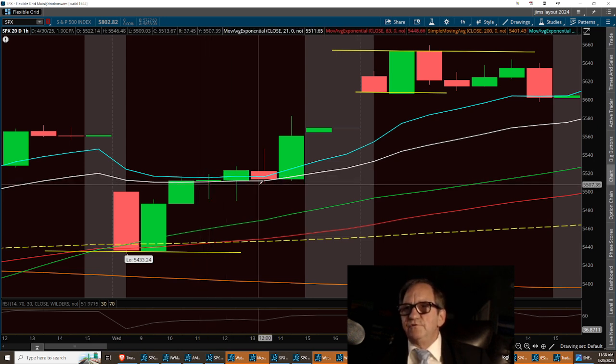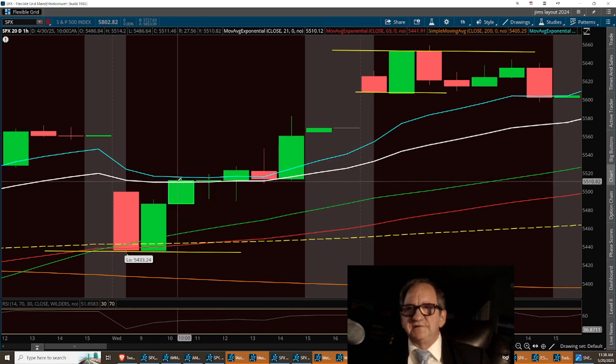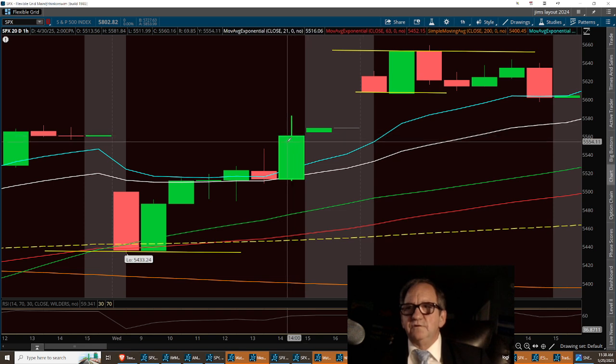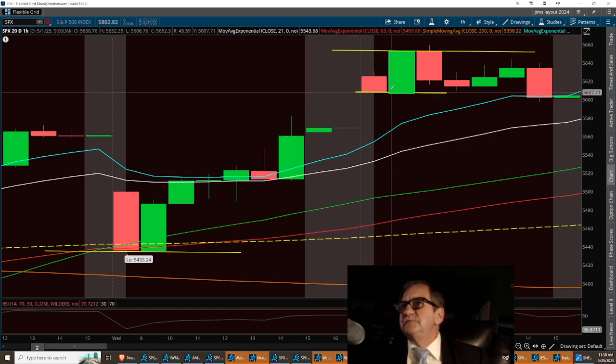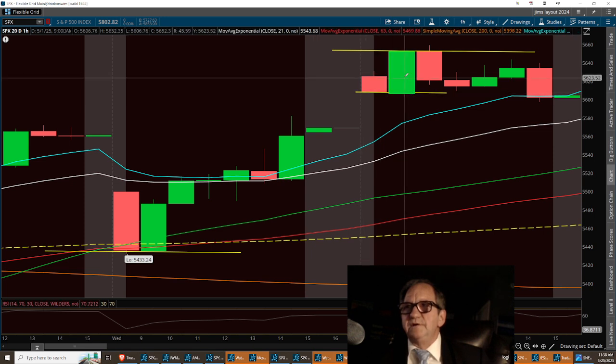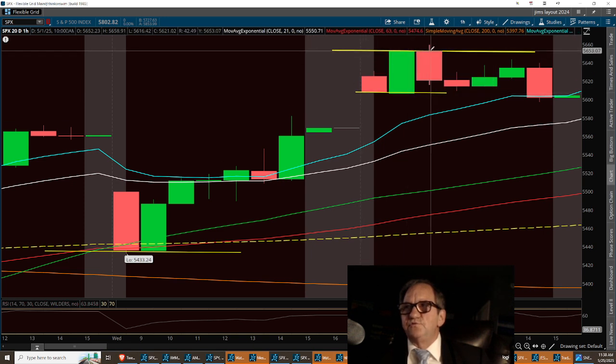Then you had all these tweezers right in here that went on for about 3 hours. It held that resistance on this other candle. So you got some tweezer bottoms here, and we had a nice little breakout into close. Same thing right here the next day. We had a tweezer bottom at open, and she bounced on up, broke out to a tweezer top for an